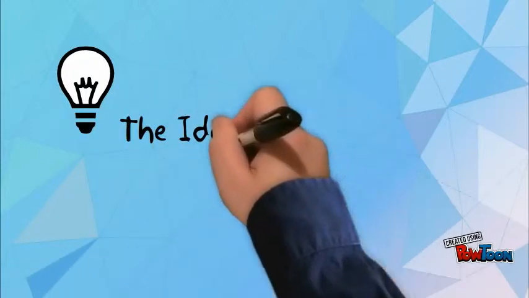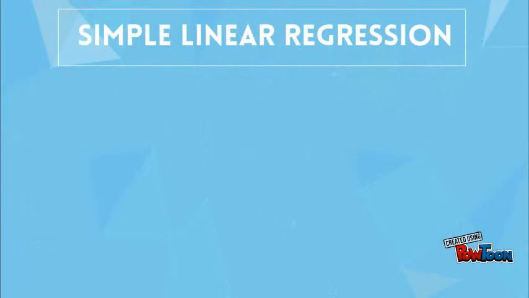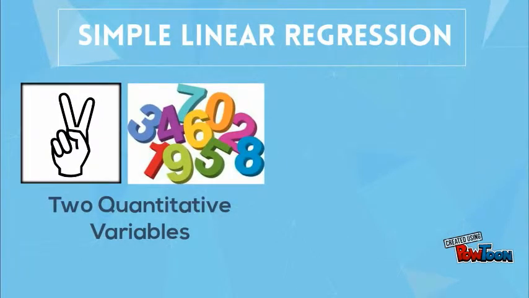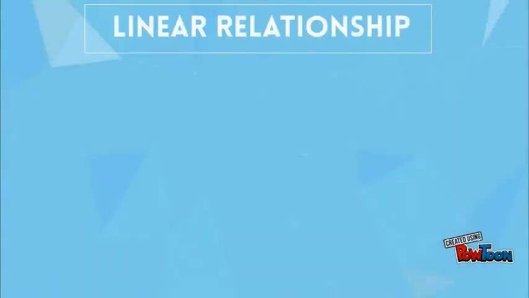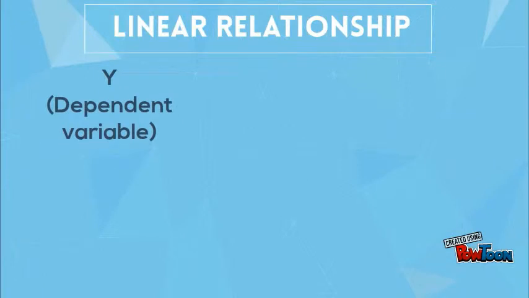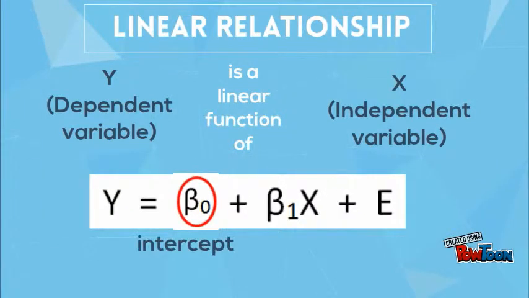The idea of simple linear regression. Simple linear regression is used when you have two quantitative, that is numerical variables, and you want to determine if a linear relationship exists between them. If there is a relationship, regression assumes that the dependent variable y is a linear function of the independent variable x. That is, y is equal to an intercept plus a slope times the x variable plus a term to